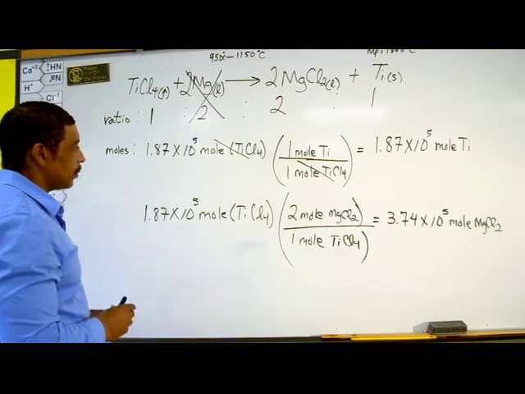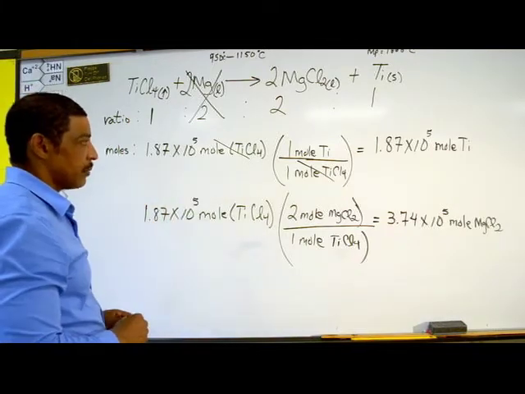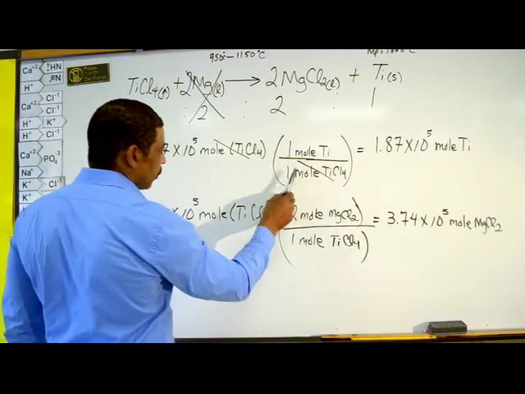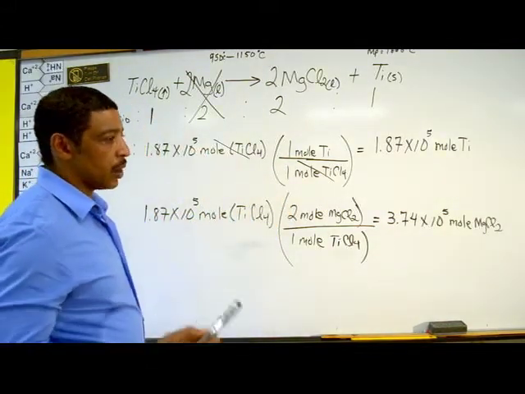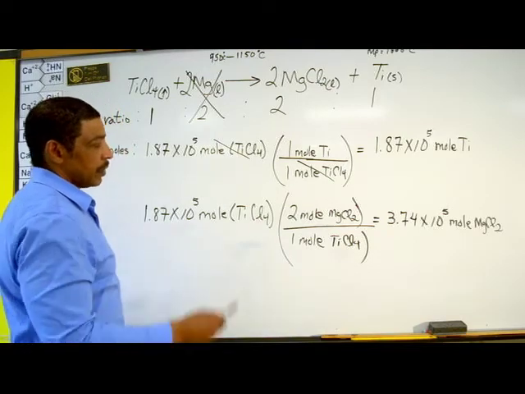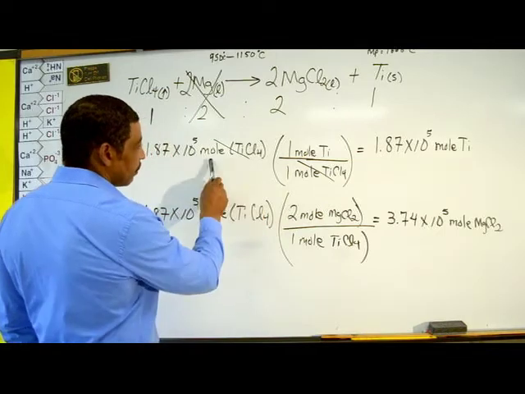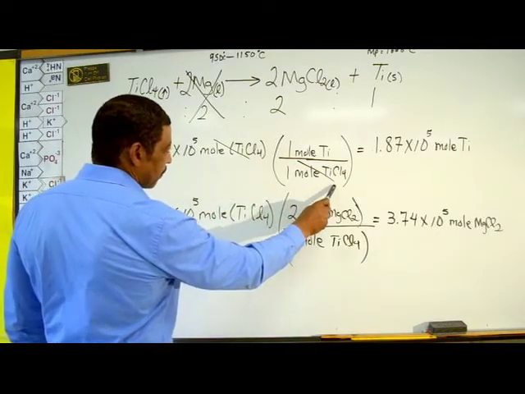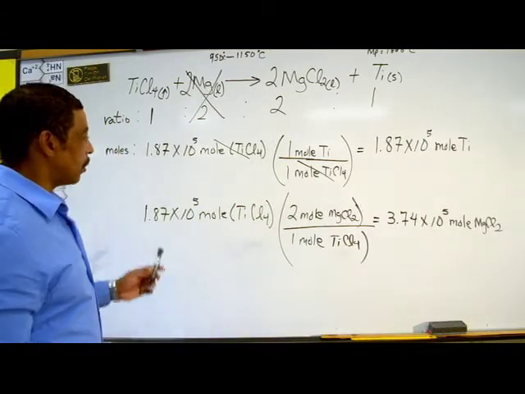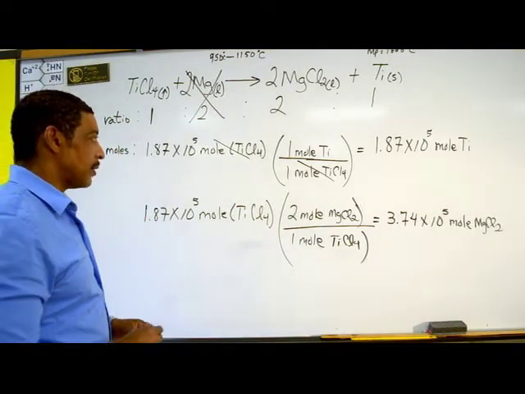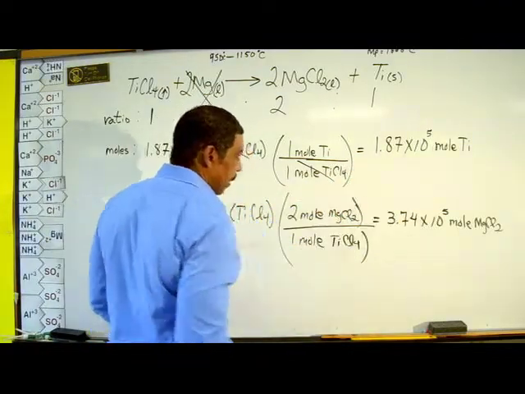To do so, we multiply the amount of the limiting reagent, which is 1.87 times 10 to the 5 mole, by a fraction that's created from the molar ratio. This fraction will actually be 1 over 1. However, the convenience of this fraction is that it will allow us to cancel the moles of TiCl4. This leaves us with moles of Ti. So obviously multiplying 1.87 times 10 to the 5 by 1 will equal 1.87 times 10 to the 5 mole